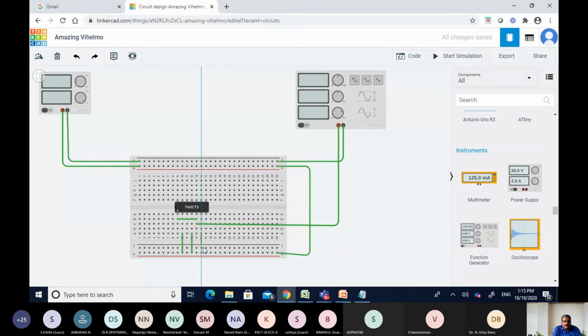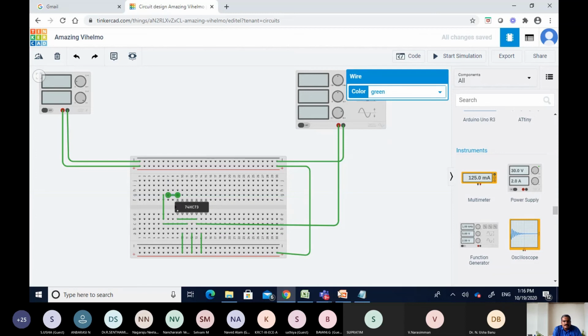Right? So reset is also given to, what is this? Output to K2. So here you have J1. Here we have K1. So I will be connecting that J1 and K1 together, right?